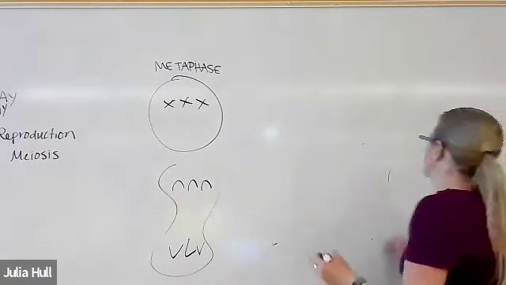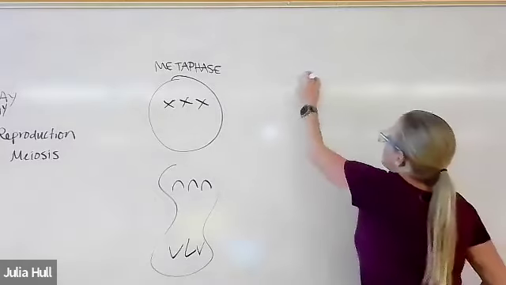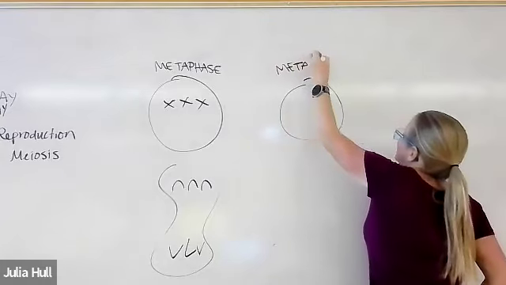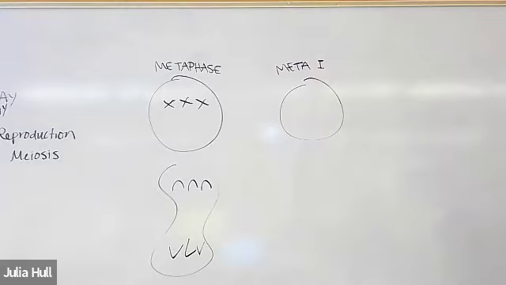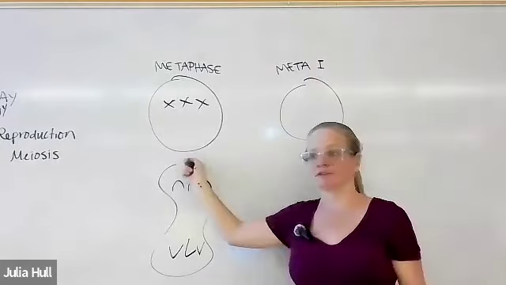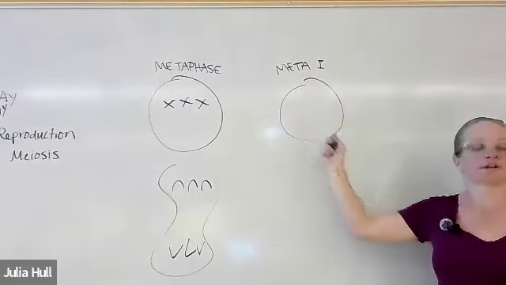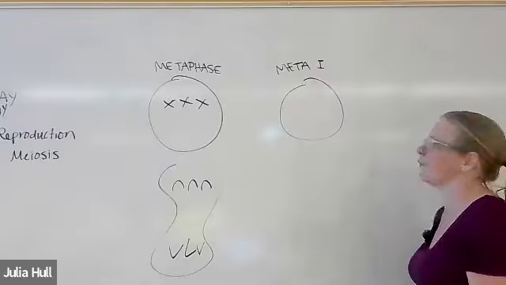Okay. When you draw meiosis 1, you're always going to tell me the last name of the stage that you're working in when you're working in meiosis. Because if you say metaphase, I'm going to assume that you're talking about metaphase of mitosis. If you say metaphase 1, I'll know what you're talking about. If you say metaphase 2, I'll be like, no.